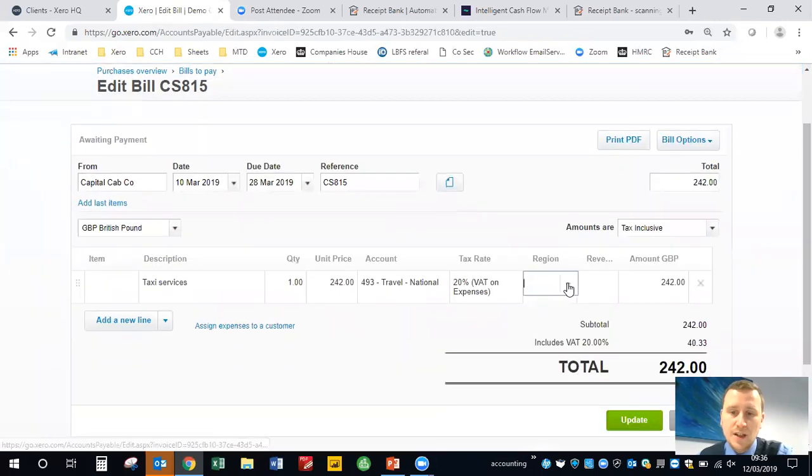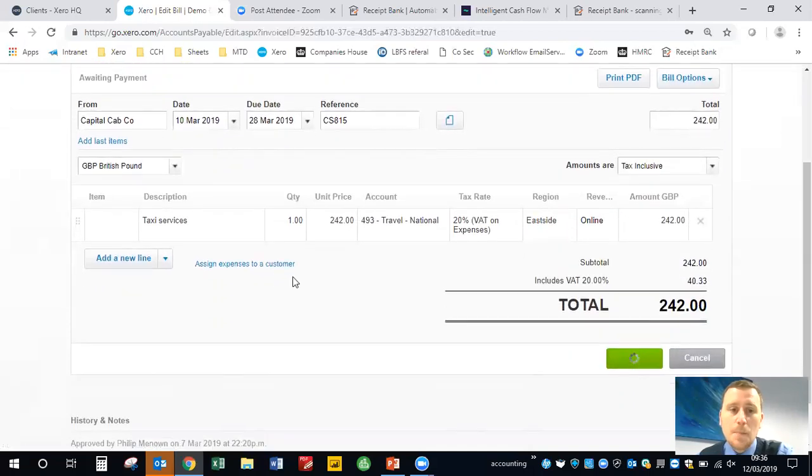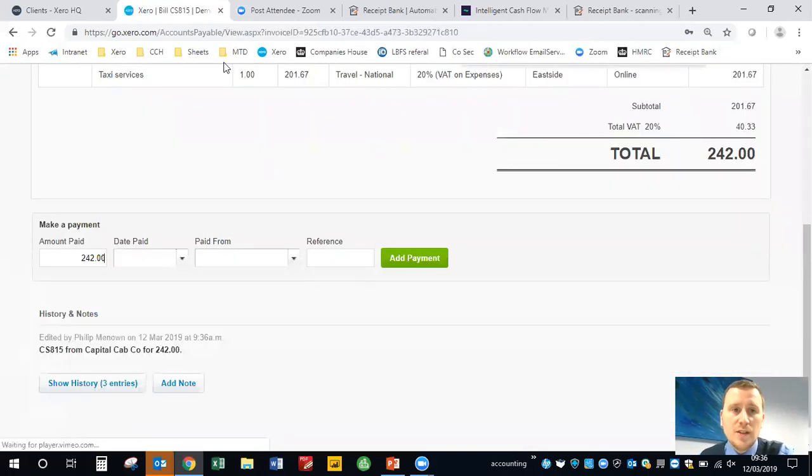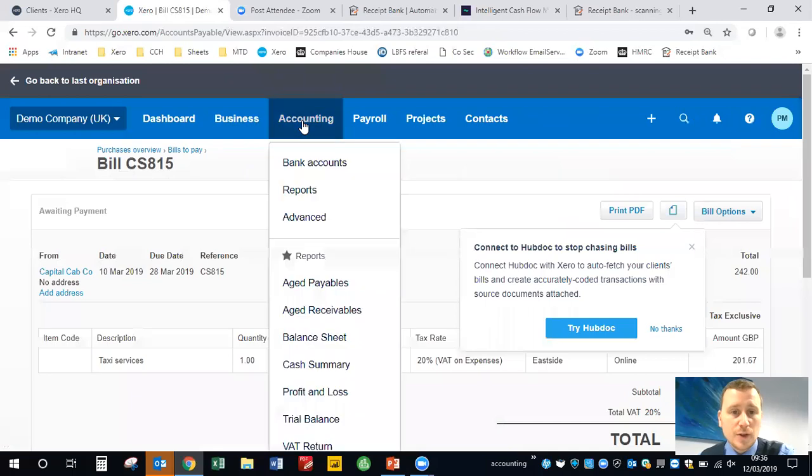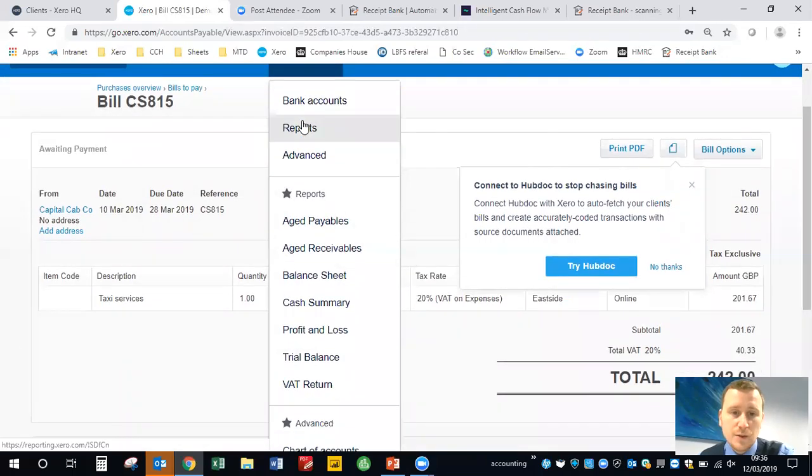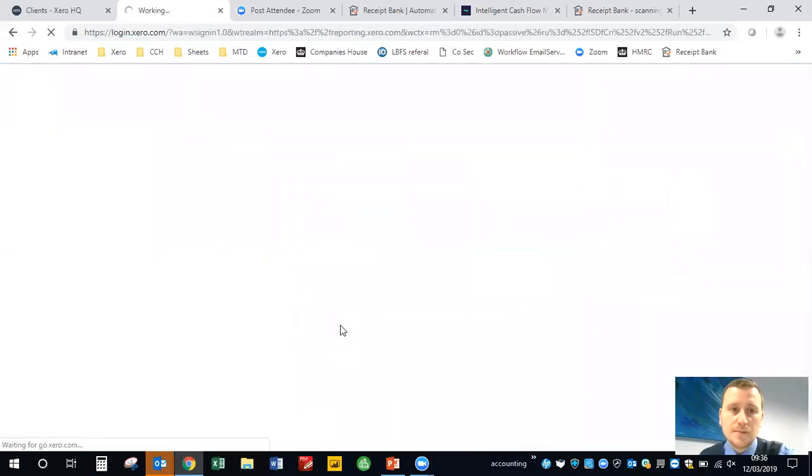And then we can predetermine these in this region and revenue stream. So once you've categorized all your transactions within Xero, what you can then do is run a profit and loss report, for example, by these different sections. So if we go to profit and loss,